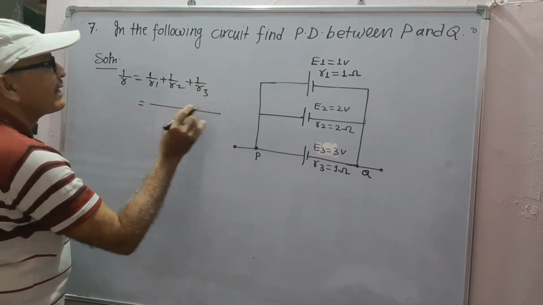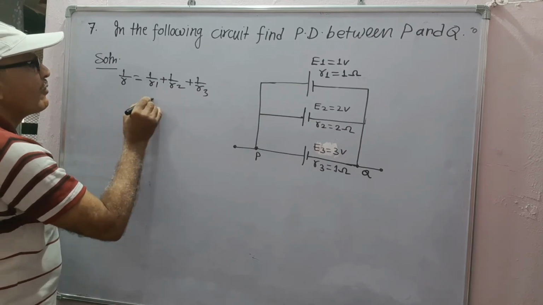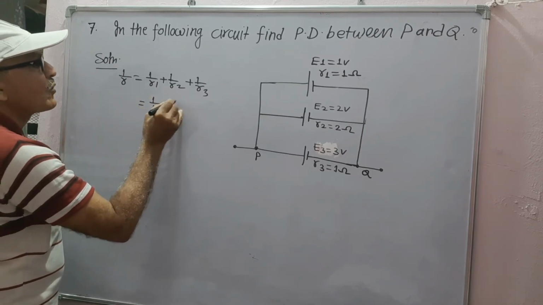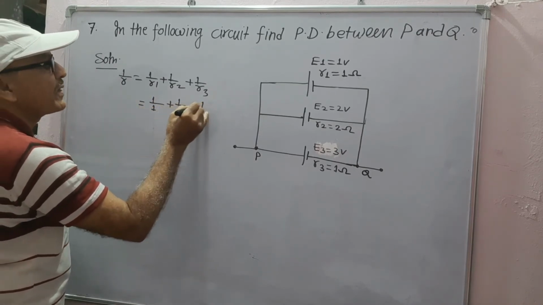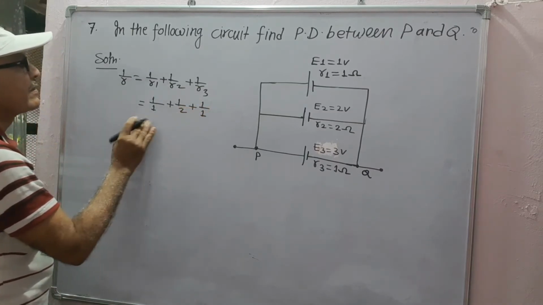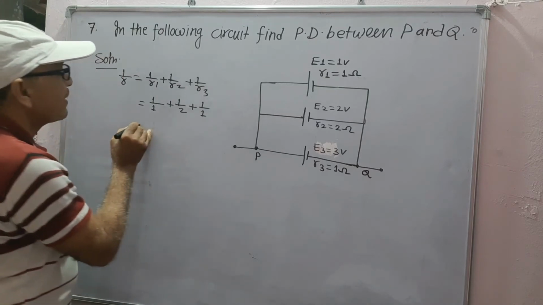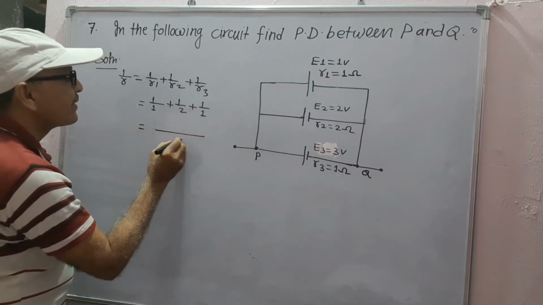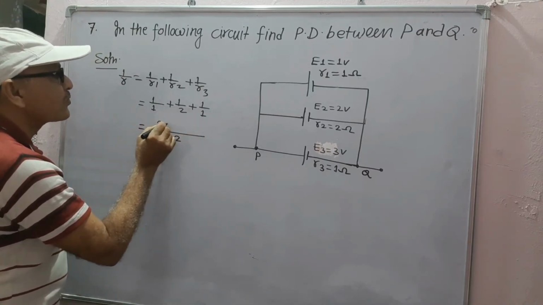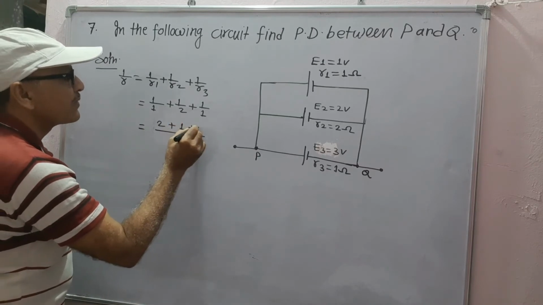That is 1 upon 1 plus 1 upon 2 plus 1 upon 1. LCM is 2. This is 2 plus 1 plus 2